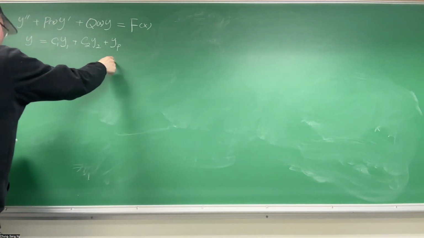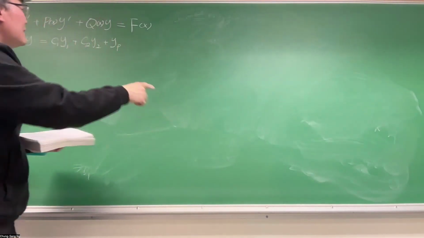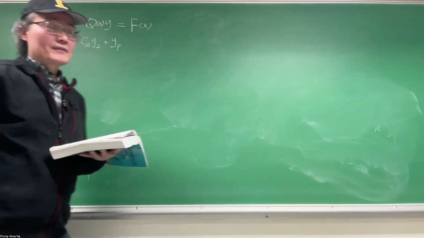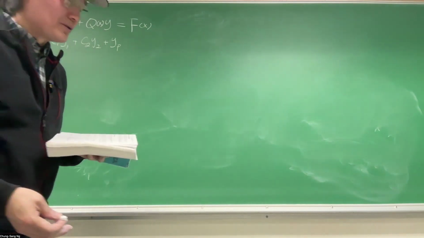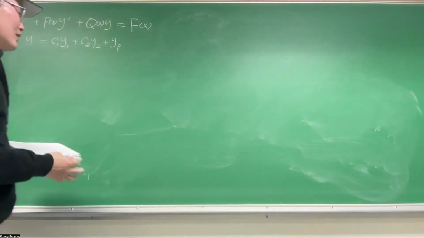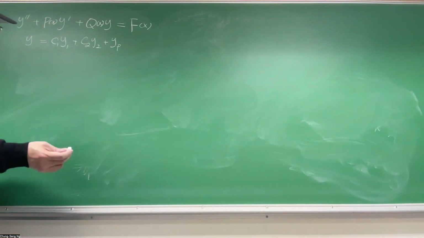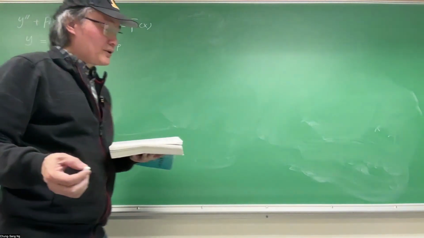Then this particular solution is not unique, because for any particular solution, adding a combination of the two homogeneous solutions is still a particular solution. So it's not unique in the sense that you can always add a combination of homogeneous solutions. But it has a uniqueness that